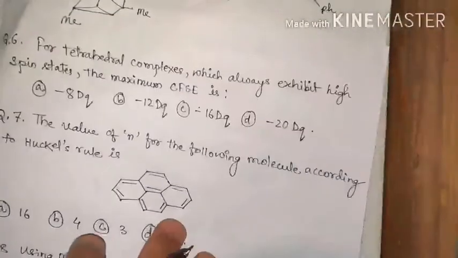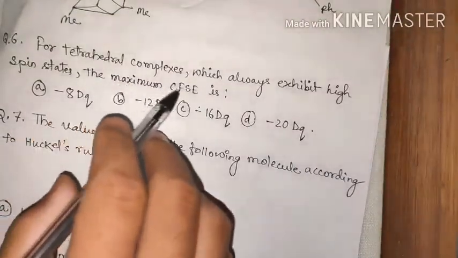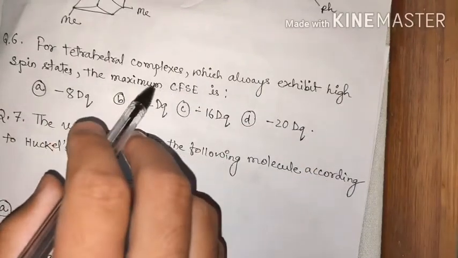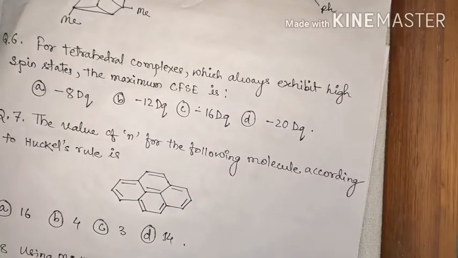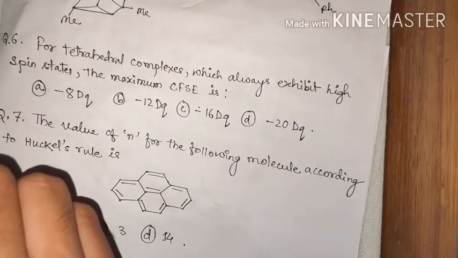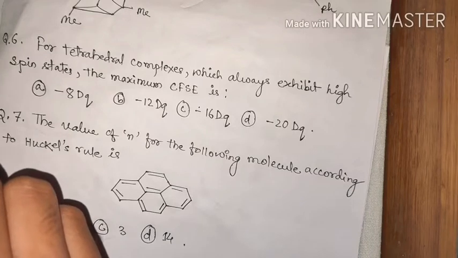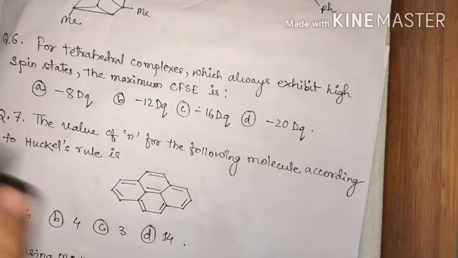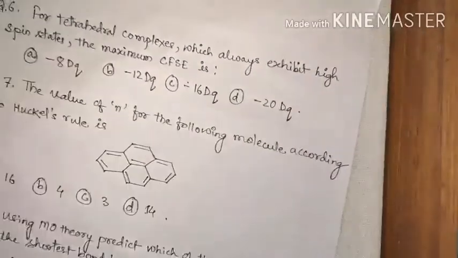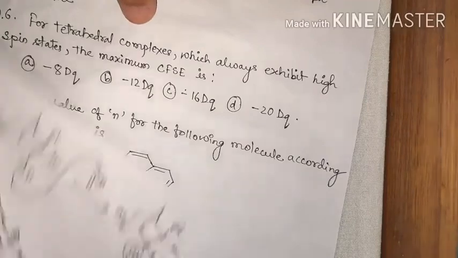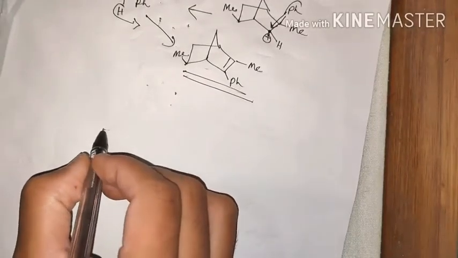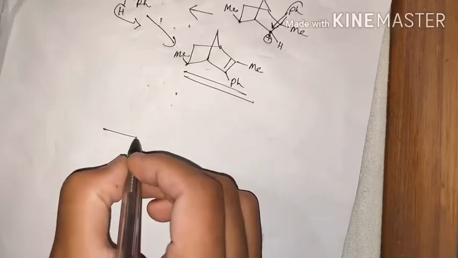The next question is this one. For tetrahedral complexes which always exhibit high spin states, the maximum CFSE, meaning crystal field stabilization energy, is what? It speaks about high spin states. High spin state means, and it is a tetrahedral complex. So since it is a tetrahedral complex, then what we are going to see,